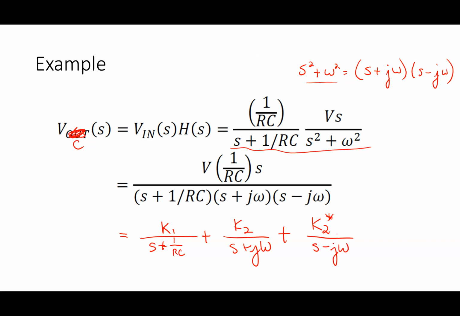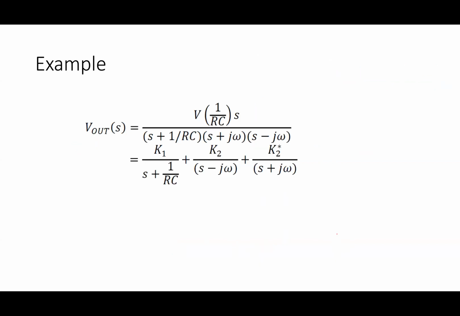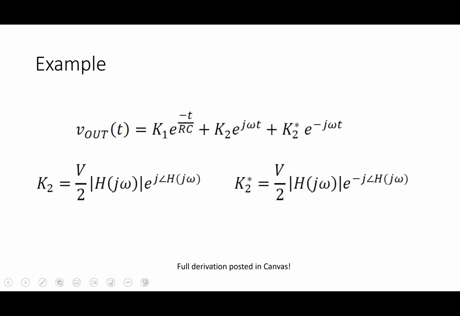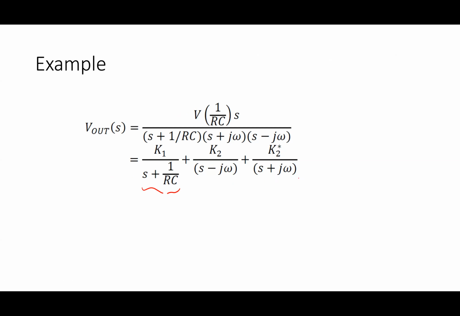Now, I can go through this particular math if I wanted to, and what I find when I solve for these is that K2 and K2 conjugate are always conjugates of each other. What I fundamentally know is that this is going to give me an exponential, and this is going to give me an exponential, and this is going to give me an exponential. The important thing about these two particular terms right here, if I just looked at these, is that